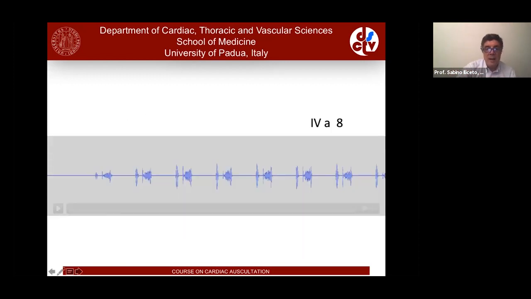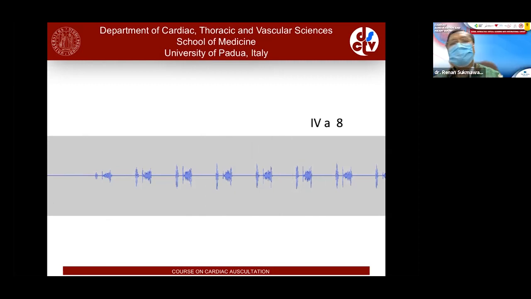So this is another example. As before, it's possible that a flail leaflet occurs. So summarizing, mitral valve prolapse is a challenging